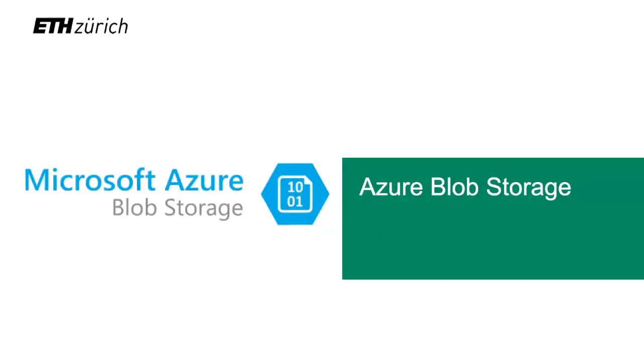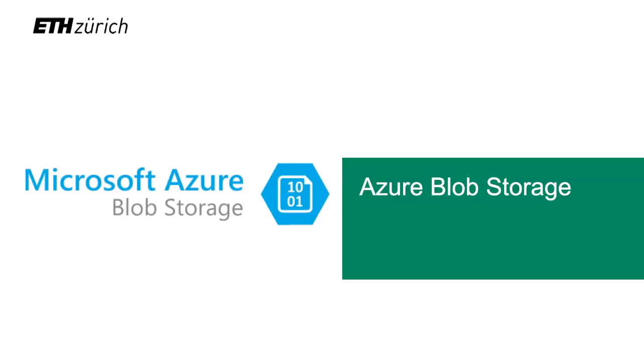Next, I would like to quickly, it's going to be short, talk about Azure Blob Storage, which is really kind of the same thing as S3, but on a different provider, which is Azure. Why? Because S3 doesn't have really any documentation on how it's implemented. There is no published paper, there are no details, so we don't really know how they actually did it. But Azure did publish. So there is a paper in which they explain how they do it. So it may not be that S3 is implemented in exactly the same way, but it can give you a small idea of how you want to implement cloud storage.